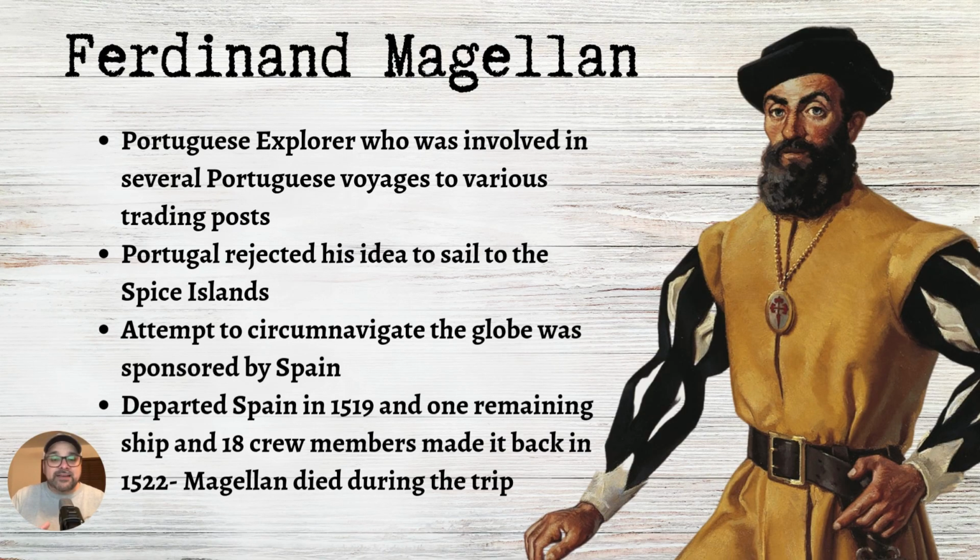He left Spain in 1519. So this is where this idea of circumnavigation really came from. He had seen Christopher Columbus do it. He had heard of Christopher Columbus doing it. He tries to convince the Portuguese to undertake this task themselves. They don't want to. Spain had already done it. Spain knew it was successful to go west to find something, and Magellan thinks he can finally find Asia and make it all the way around the world. He does, kind of. We'll talk more about that.